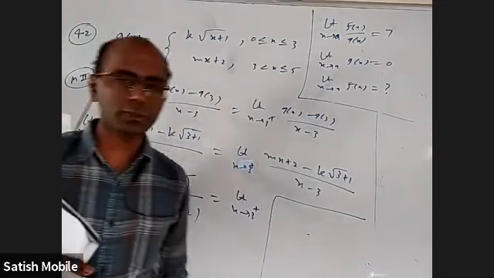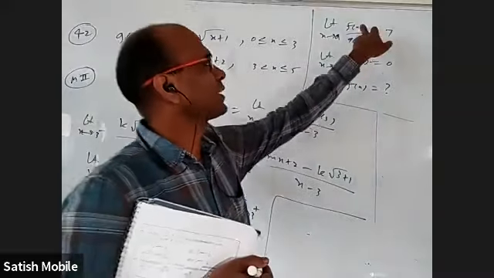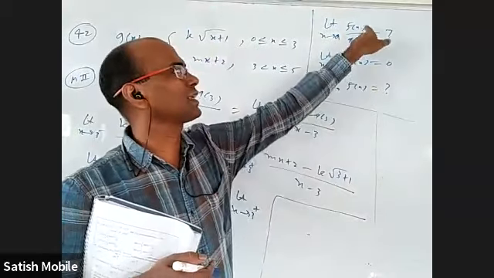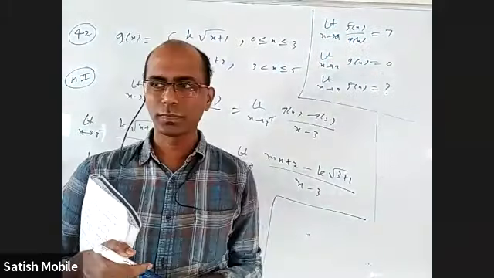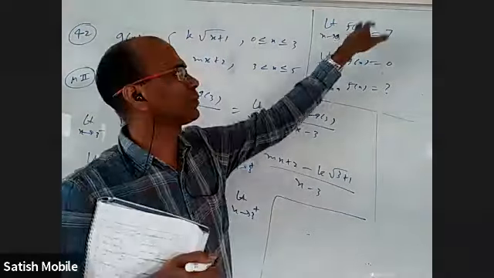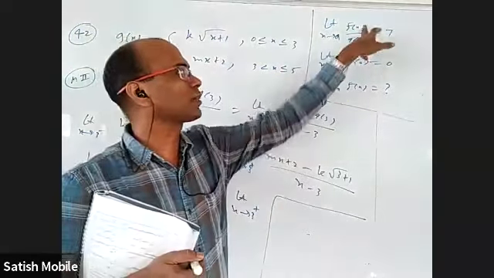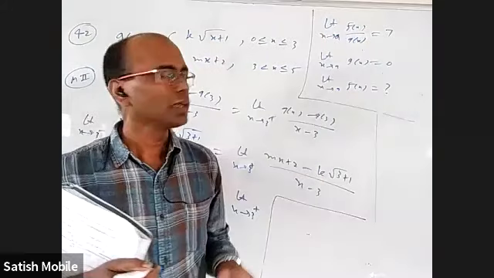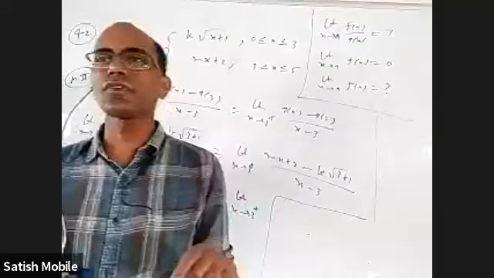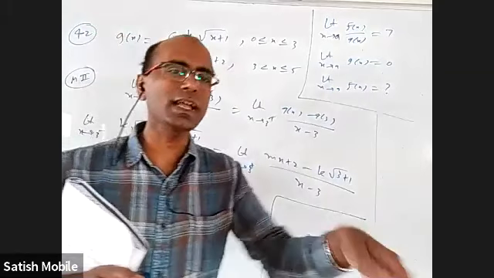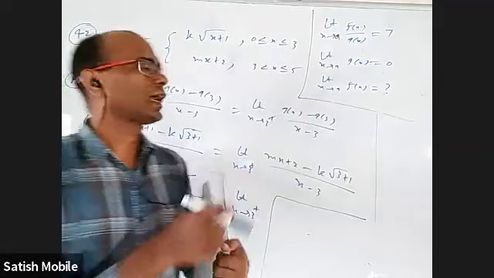I want to give two different explanations. One explanation is that I don't know the limit of this, let's say it is 9. Then how can the answer be 7? Because the numerator is tending to 9 and the denominator tending to 0. What will happen to the answer? Infinity. Let us say f of x limit is 20. If this is becoming 20, this is becoming 0, what will the limit be? Infinity. So where is the chance that you can get 7? It has to be tending to 0. If something is 0 by 0 form, with so many formulas and limits, it may fall into one of the categories and the answer can come 7. You understand? That is one way.